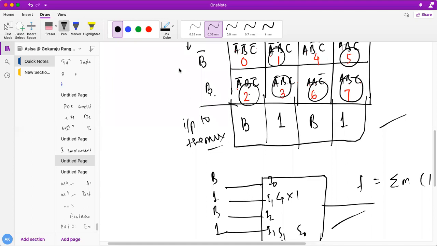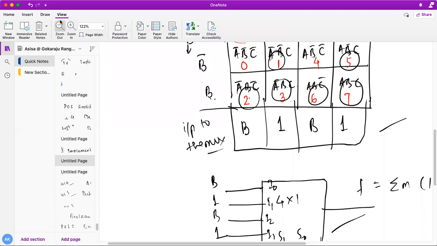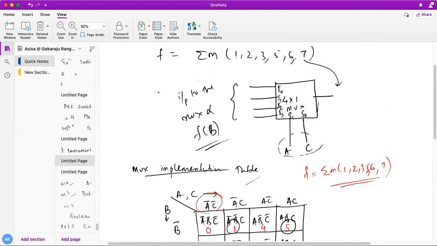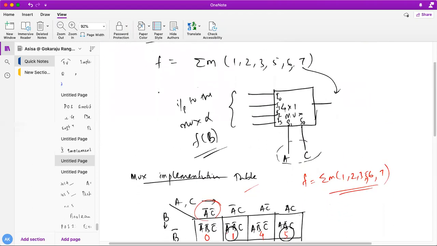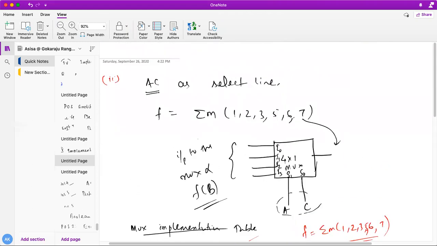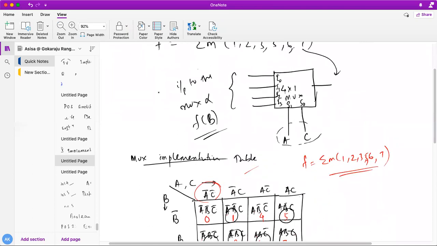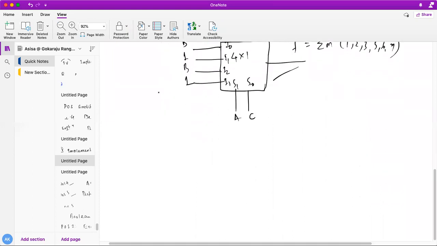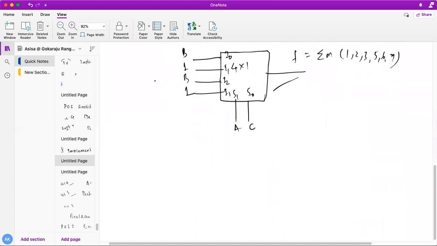So this is the way we can actually implement the logical expressions. Okay. So you can see this is the thing here. So here the given function is given to you. What you can do, you can take any select lines to implement this. So here I have taken AC as select line. Depending upon this, the position of these minterms gets changed. Okay. So see here what you can do if you have the same question.